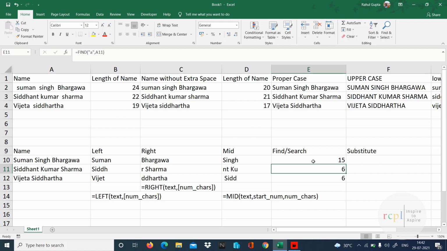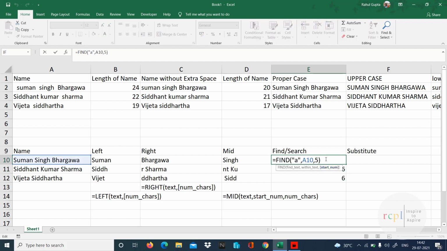That gives me the second position of find. What I did is actually, I just gave 5 over here. So if I do plus 1 within find, I'll get the number automatically. So can I use this find as a start number like this?